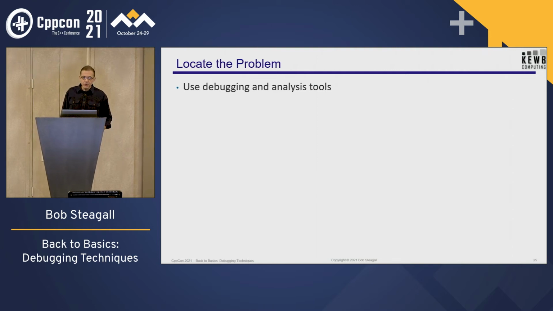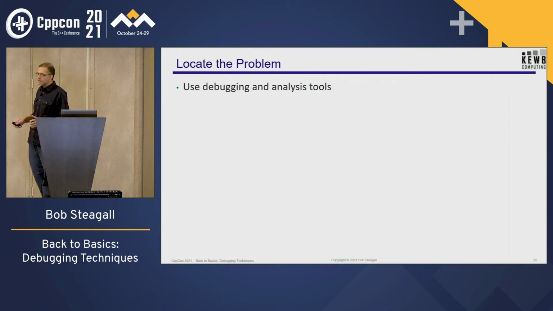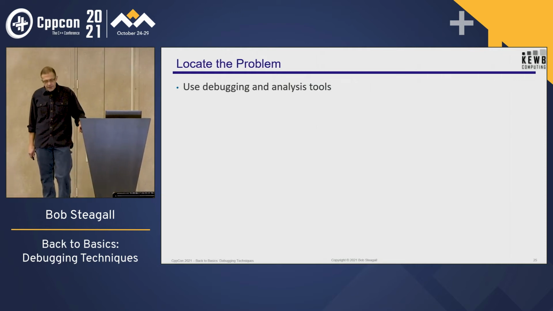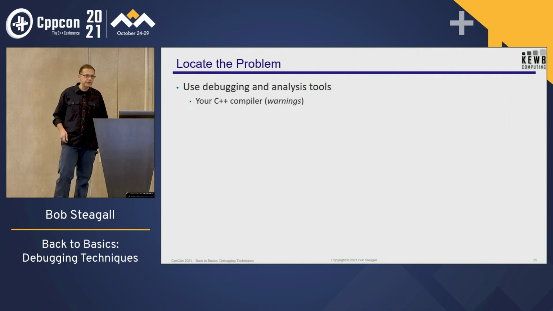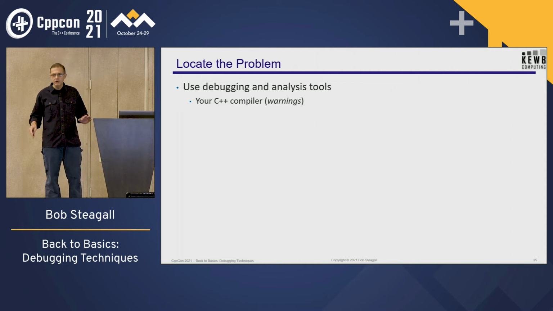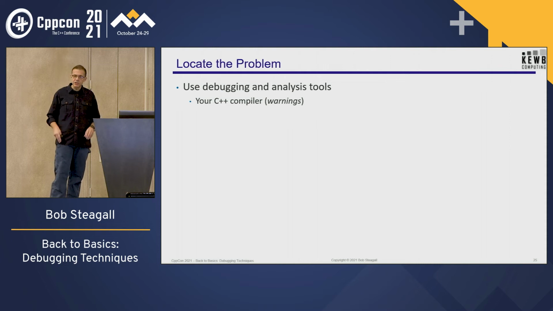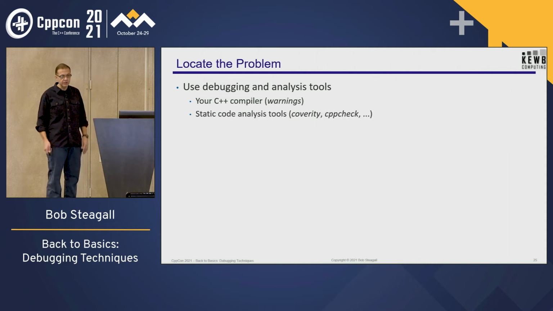So learn how to use debugging and analysis tools. And through the many years that I've been a programmer, it really surprises me the amount of resistance that other programmers that I've worked with have to doing things like just using the debugger, right? The one tool in their toolkit is trace logging, right? They don't learn to use other tools. And my advice to you all is learn to use all of the tools I'm about to list, and when they're useful, and as you gain experience, you'll know which tool to use in which situation.